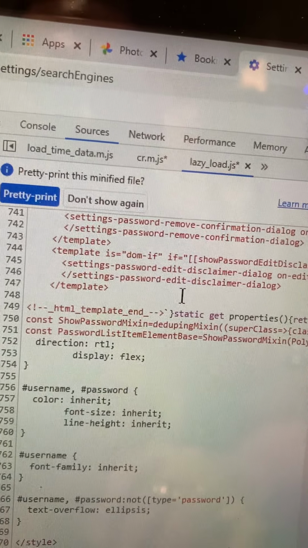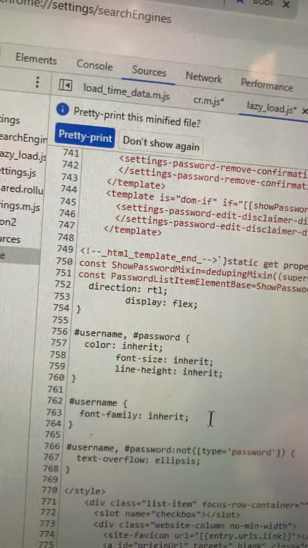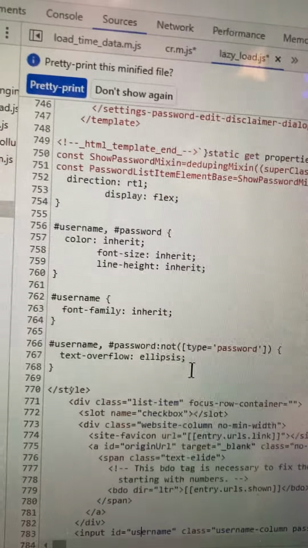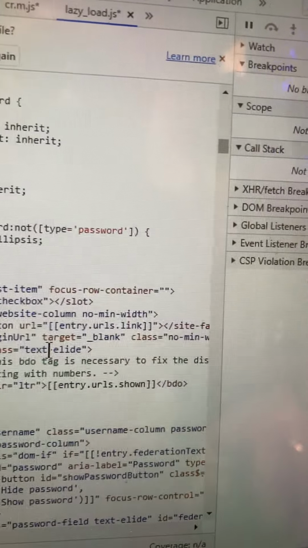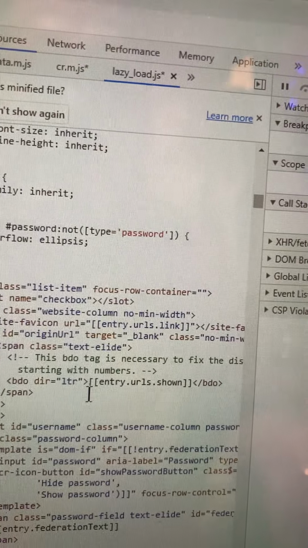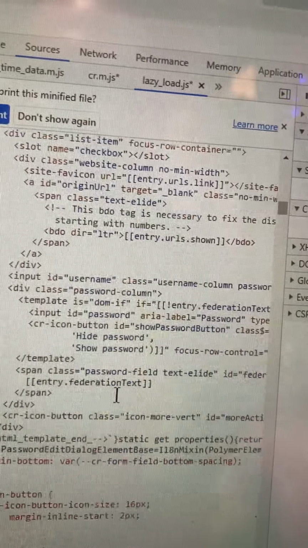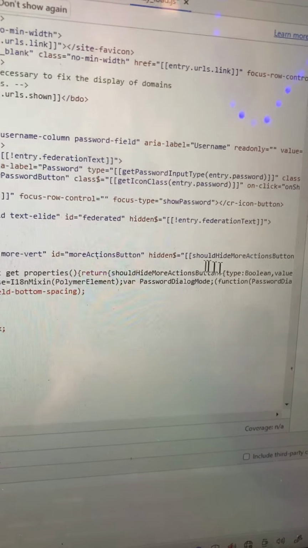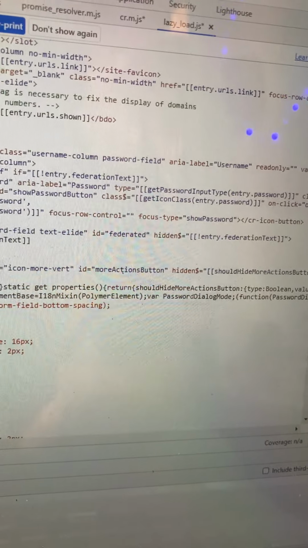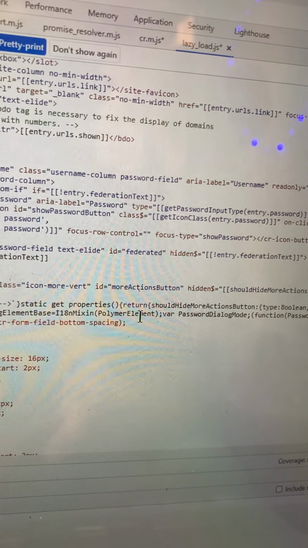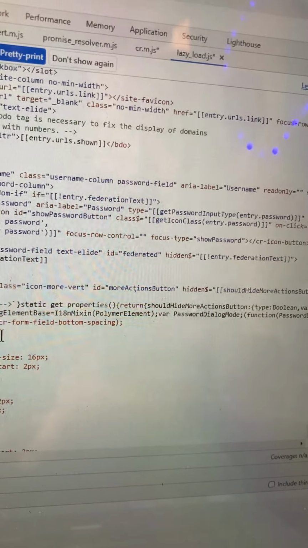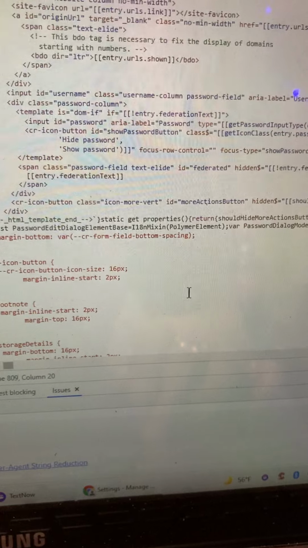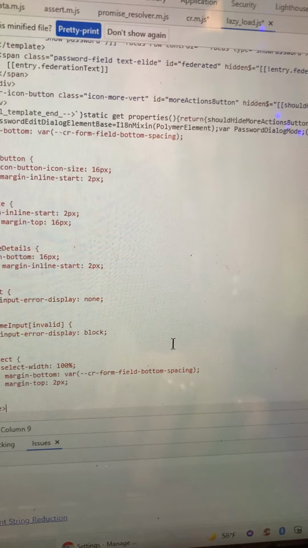So saying that the password was leaked and whatever, and then whatever that bug is. So the file that's causing me holy hell. A little bit bigger. So hidden shouldn't hide more actions button. HTML template static get properties. Dialog. Okay. Then we'll just go down here and check this out together, because this is the source, and I've